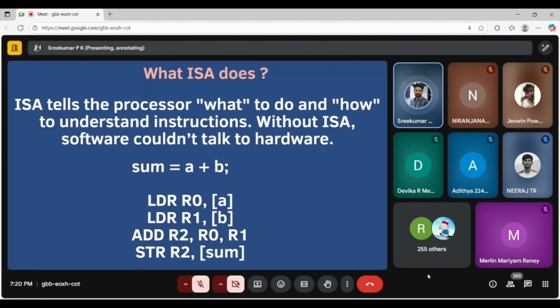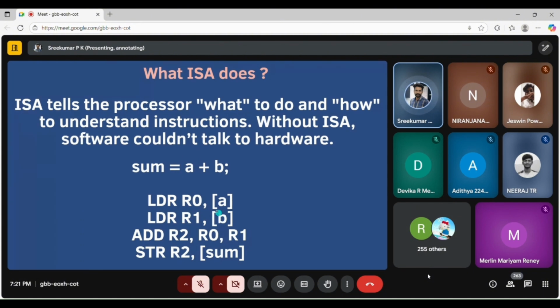It tells the processor what to do and how to understand the instruction. Without ISA, software can't talk to hardware. So you have a small high-level code like sum is equal to A plus B. So instruction set architecture converts this code into assembly code.